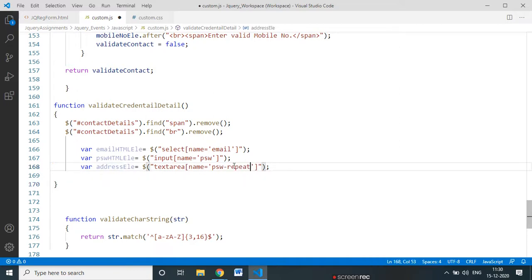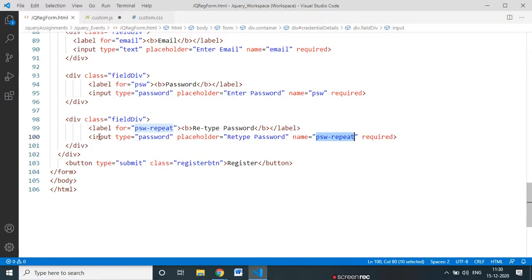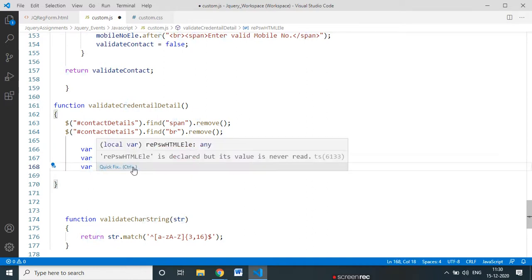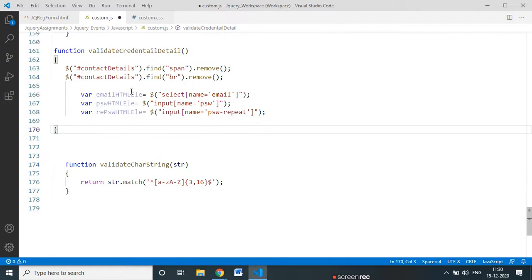I'm a bit confused because in this name a hyphen is used, and the type is input. All three fields have type input. So here also I will use the input, and I will say rePassword, camel case: R is small, P is capital, H is capital, E is capital. So I have captured all these three elements to validate the credential details.